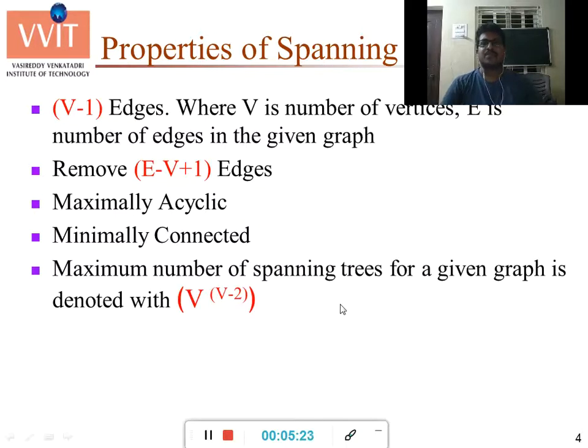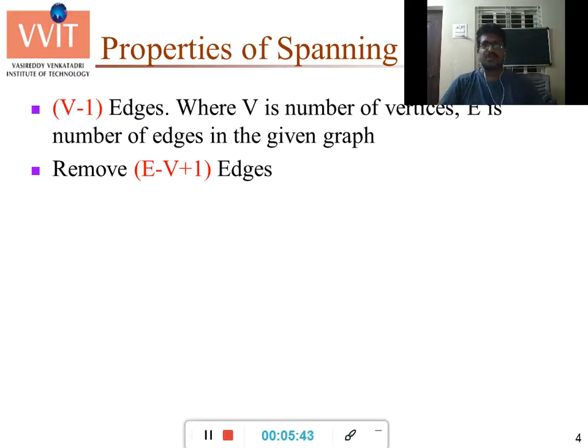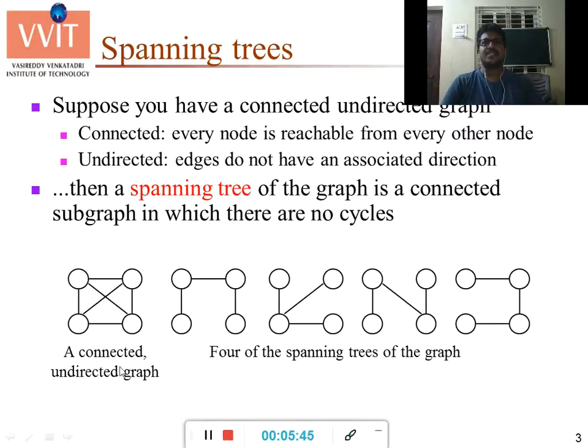Next, the maximum number of spanning trees for a given graph is given by the formula V to the power V minus 2. That means if there are V vertices in a given graph, then V raised to the power V minus 2 spanning trees we can form. In the previous example, once again going to the previous slide, we have 4 vertices.